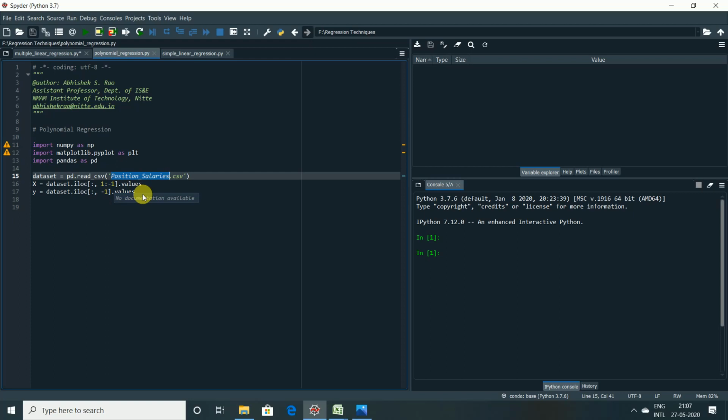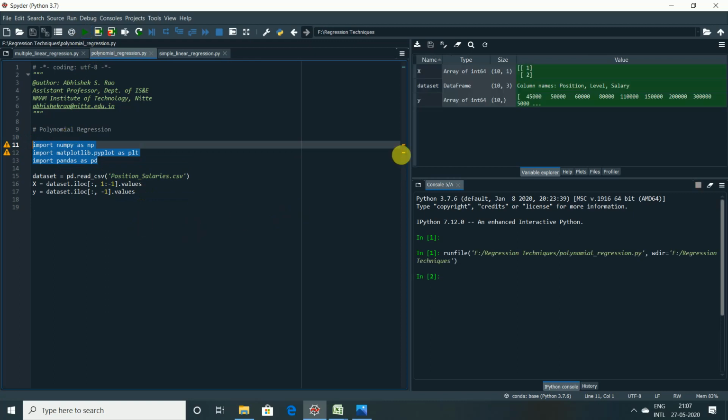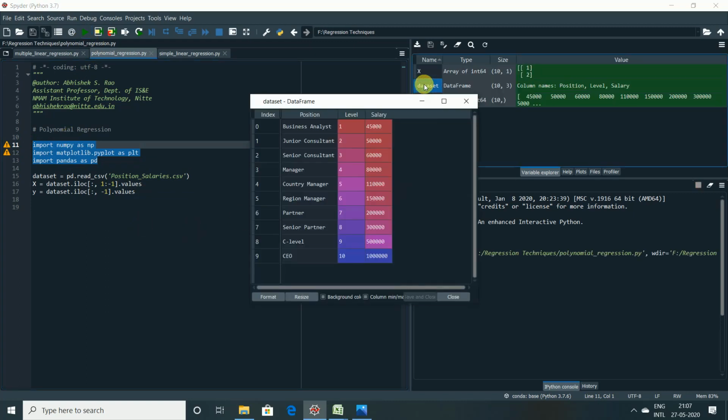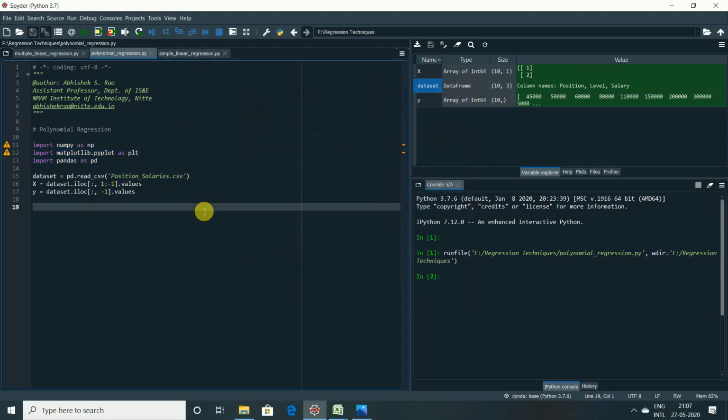If it doesn't fit, let us see how polynomial regression will work and it will solve the model. So we will directly execute these 2 lines. First is the part of importing the libraries. Everything is successfully imported, guys. You can see the data set has been uploaded successfully. Now I'll move on to training the linear regression model on the whole data set.